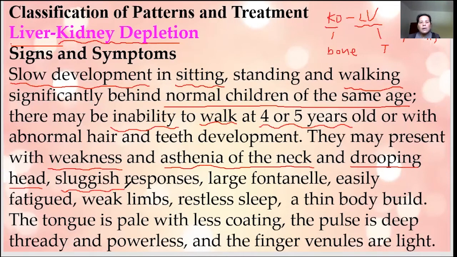If you ask questions, the reaction or response is pretty slow. Even if you just say, come in, or look at me, they slowly turn their head and then look at you. That means pretty slow reactions. And also for fundamental